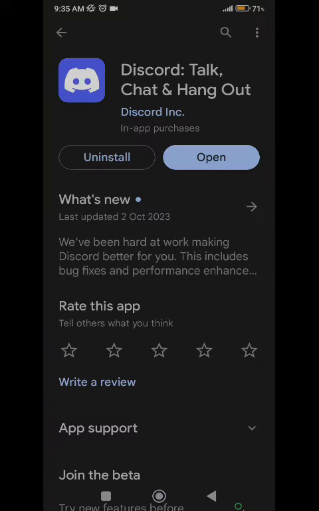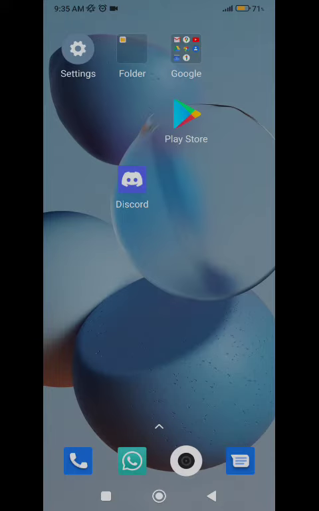So I have already downloaded this app. After downloading, you have to log in to this app with your email account. I have done this step. So after doing this step,